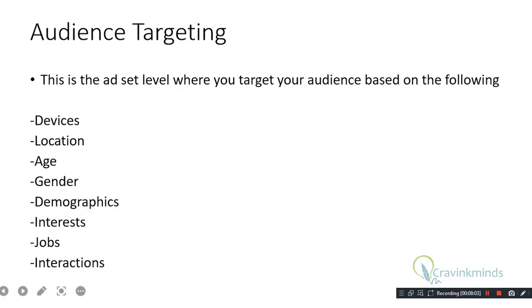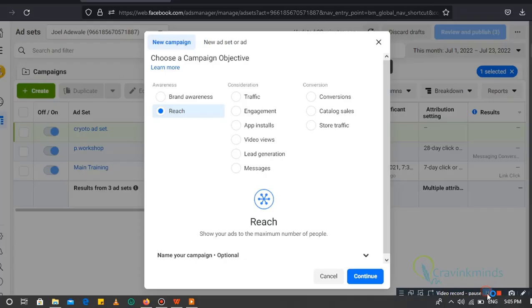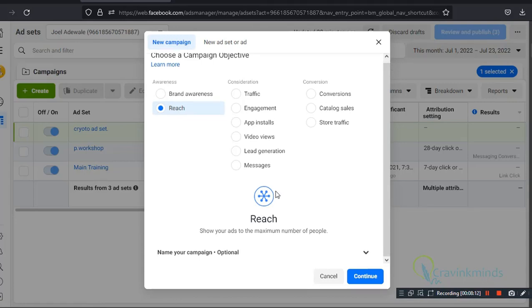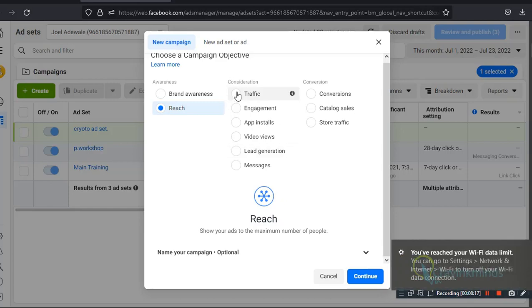Okay, let me put on my Wi-Fi. So my Wi-Fi is on. I want to show you what that stuff looks like. So now let's pick a particular campaign. Now I'm imagining that I want to run an ad to